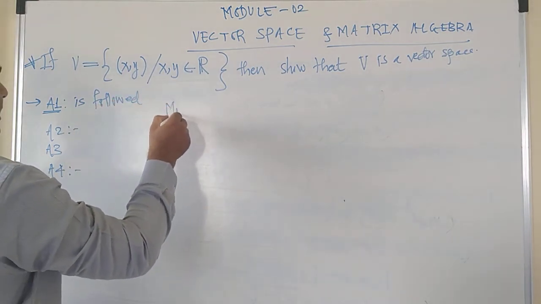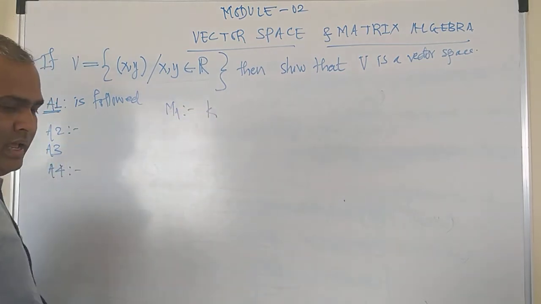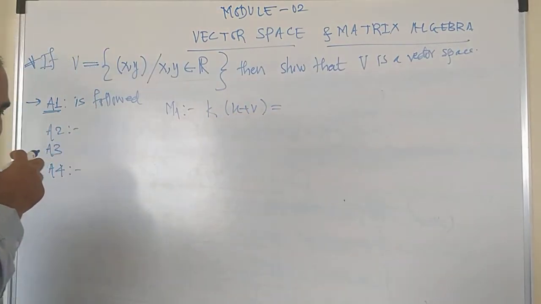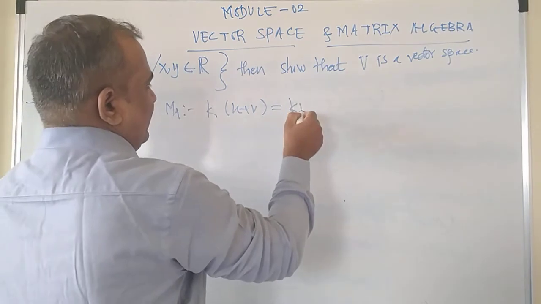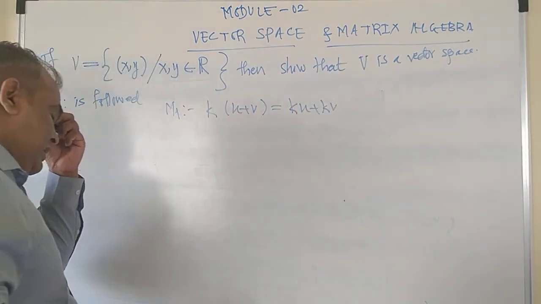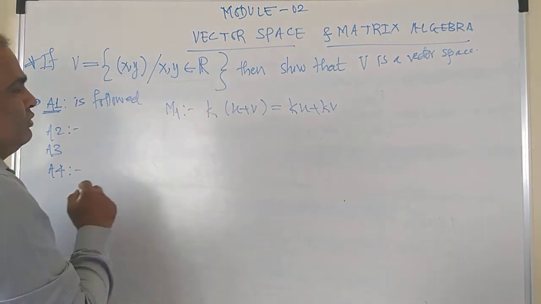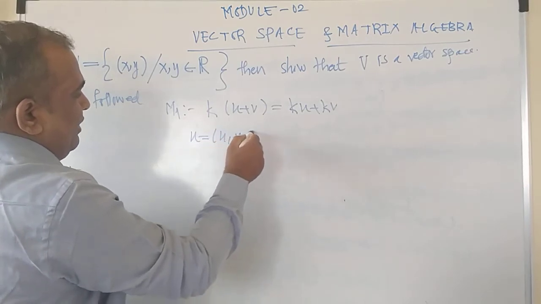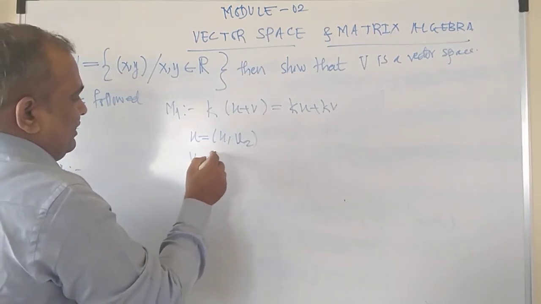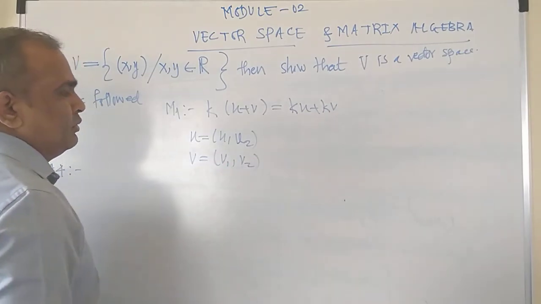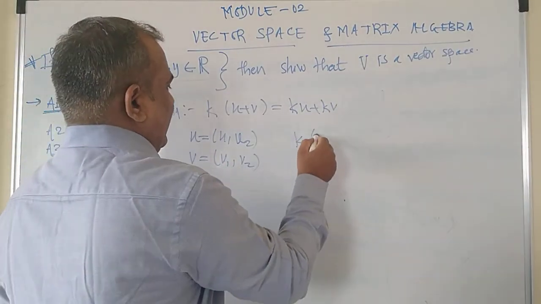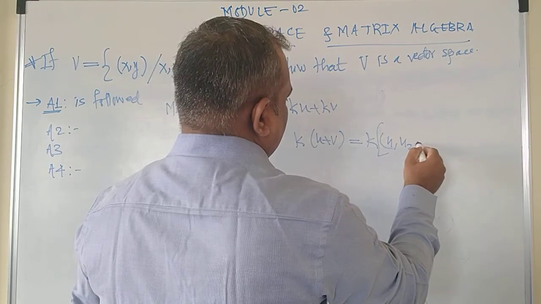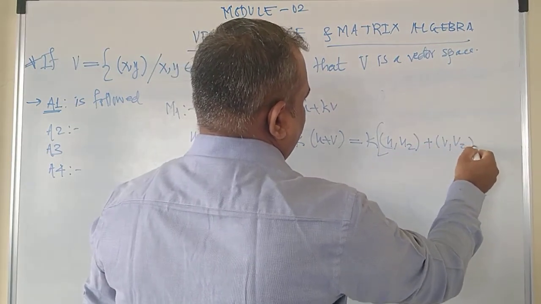The first multiplication axiom: if k is a scalar and u and v are two vectors, then if you are able to write this in the form of ku plus kv, the given axiom is said to be followed. So in order to do this, k is any scalar and u is a vector having its elements as u1, u2, and v is a vector having its elements as v1 and v2, and if k into (u plus v) is equal to k into (u1, u2 plus v1, v2), then